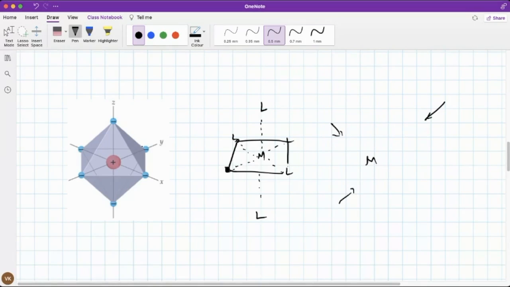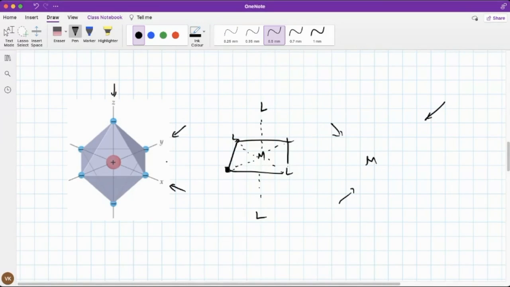Now, when they approach, here is what happens. If you see the geometry, the ligands approach along the x-axis, y-axis, and z-axis. That is, it is approaching along the axis. So when it approaches along the axis, what is going to happen is that the lobes which are